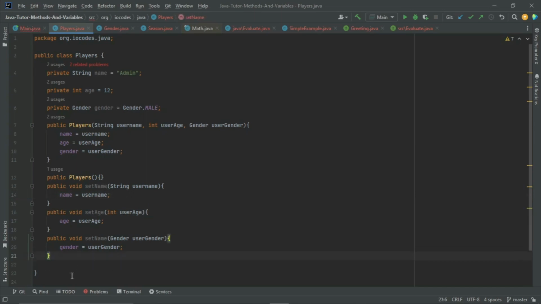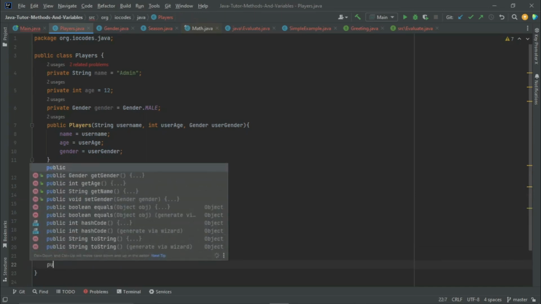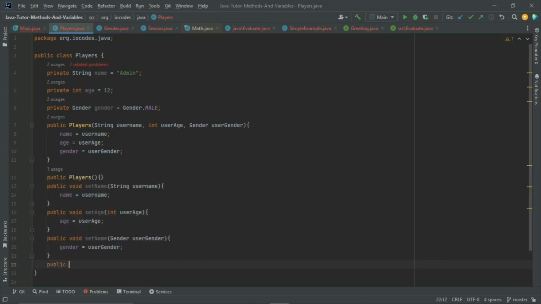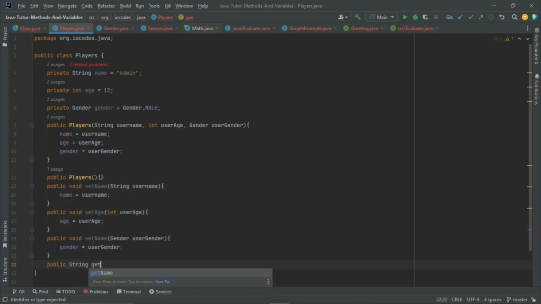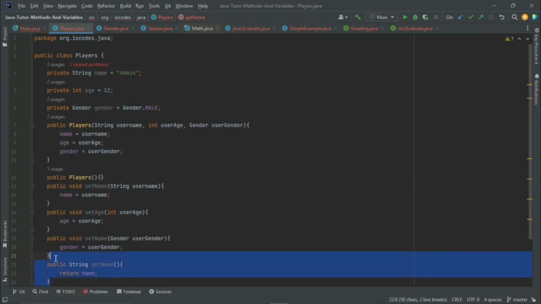Remember, we said public, we are dealing with setters and getters. So we say public, first returns a string, get name, and no parameter, just return the name, and then we can copy the whole of this